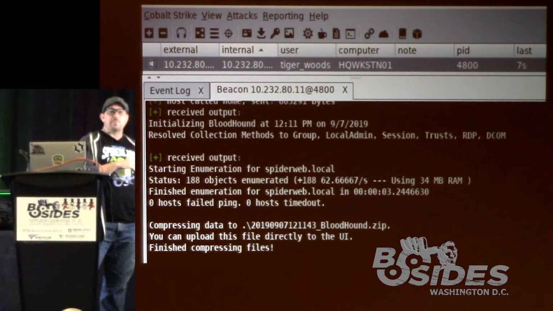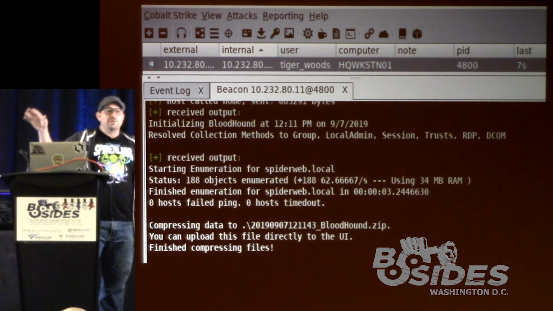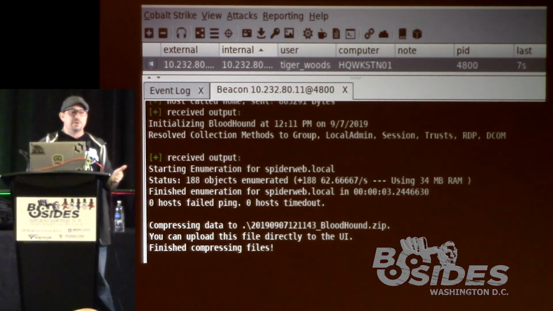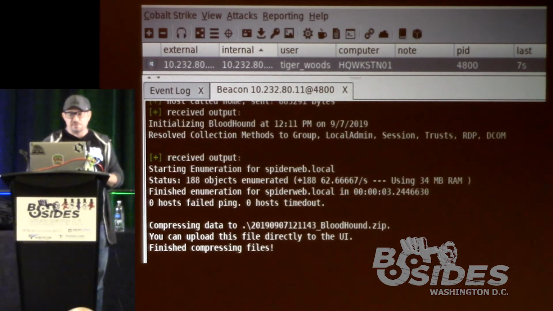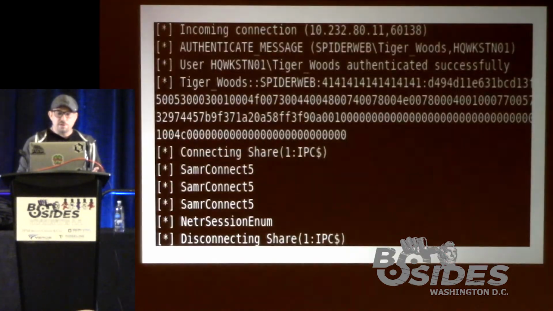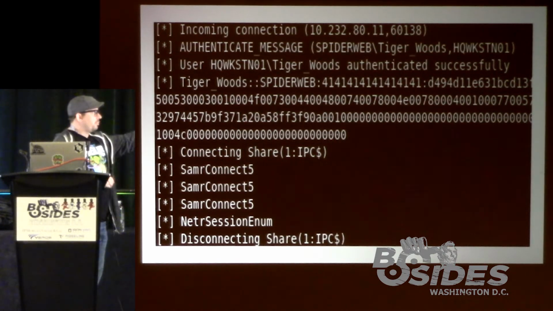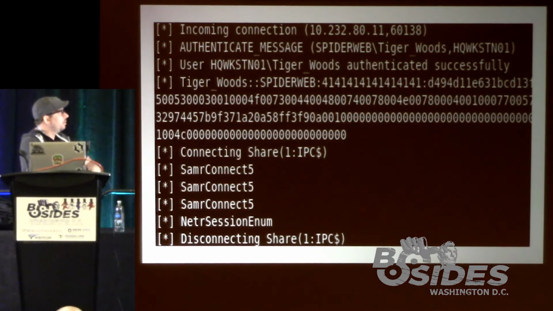SharpHound is going to run in memory on whatever host we've initially compromised, and it's going to go around the network and say, where do I have local administrator access? Who are the local admins on every host? What sessions are logged in? Where are the domain administrators logged in? And things like that. So it runs, and then what we see on our honeypot, our Canary server, is